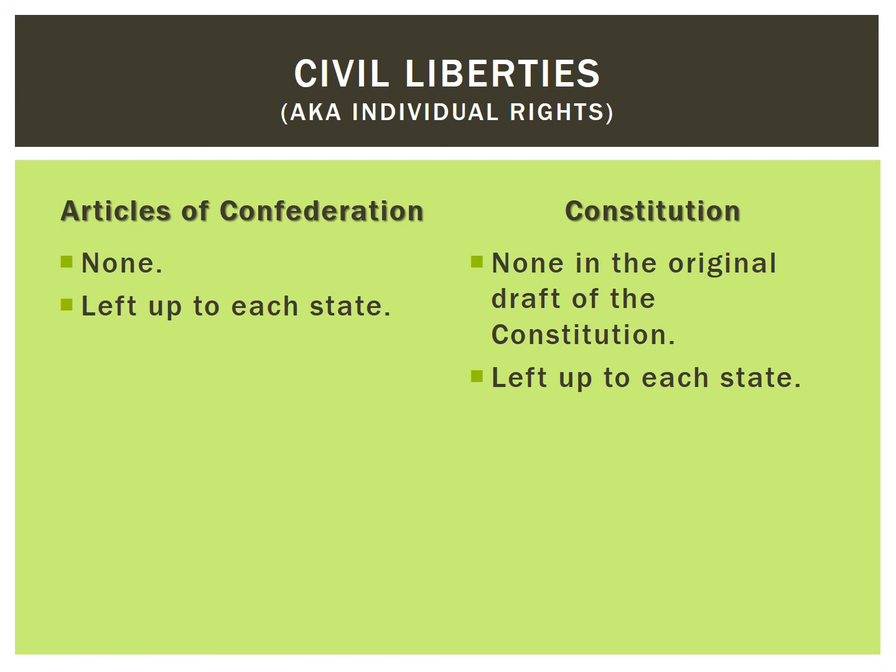Under the Constitution, there were no individual rights in the original draft of the Constitution. So what happened was it was left up to each state. However, each state did not ratify the Constitution. So in order to ratify it, several people who were writing the Constitution stepped up and said, no, no, no, you need to have individual freedoms, individual rights, civil liberties written in the Constitution, or we're not going to sign it. And so they didn't have enough votes to sign the Constitution, so what they did is they added